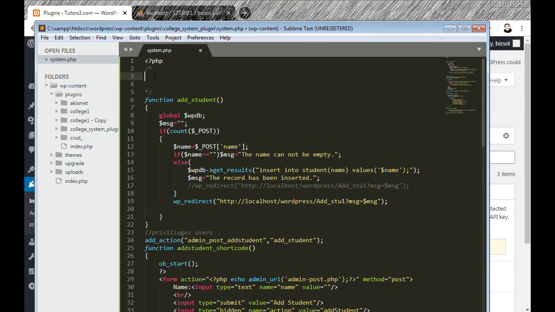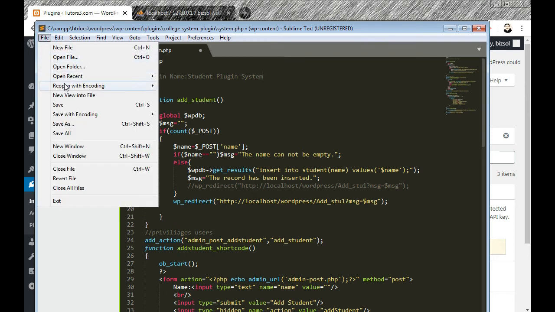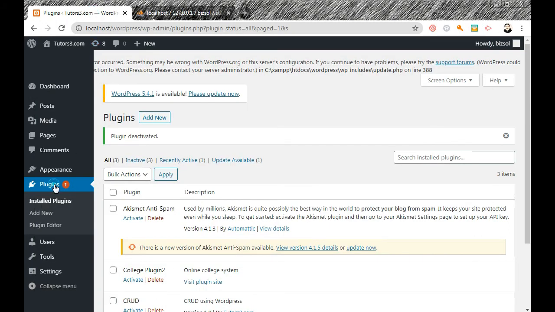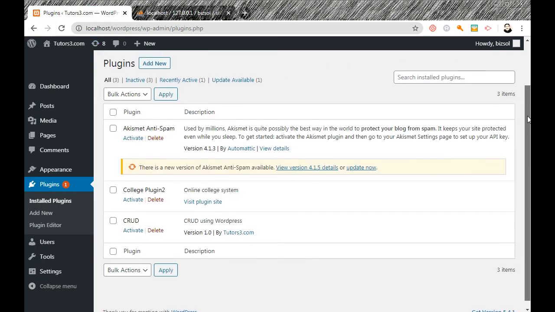This is plugin name, it is add student plugin system. Okay, plugin, save it, and now if we refresh it in the plugins, we should see